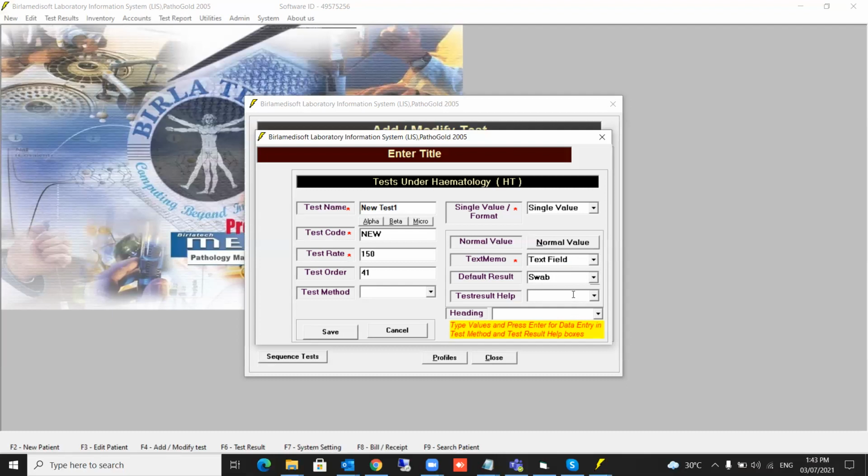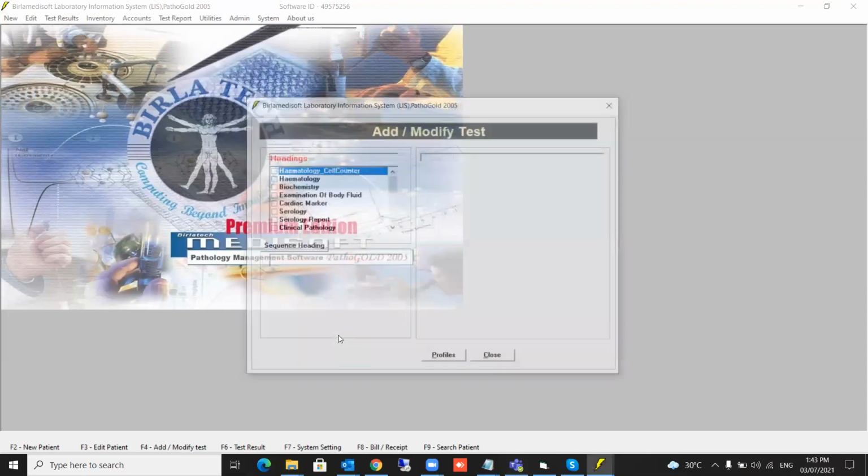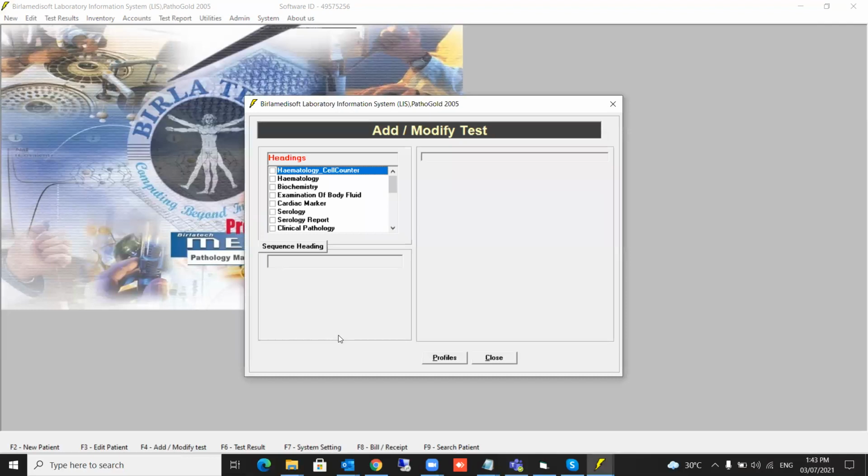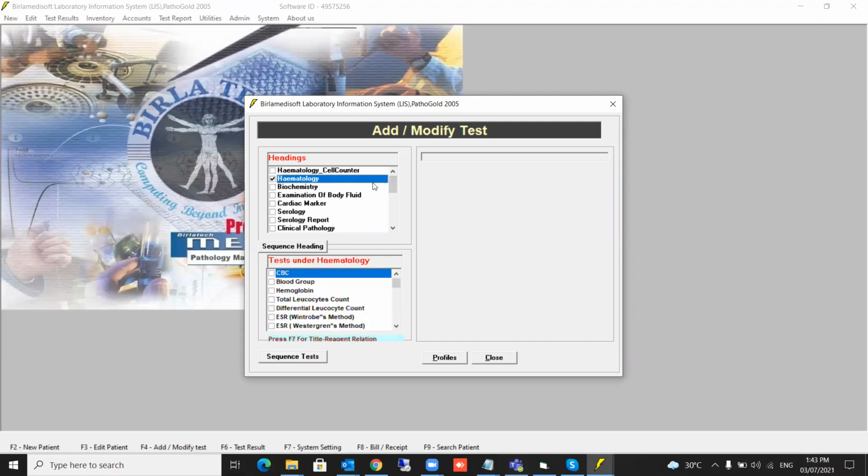Now if I want to have multiple parameters under this, this is called help. So what I'm going to do: yellow, enter, then I will say black, enter, then I'll say pale yellow, enter, like that. See, I have defined the three help lines here. Okay, so now I'm going to save this. First test I have defined is just a single line test.